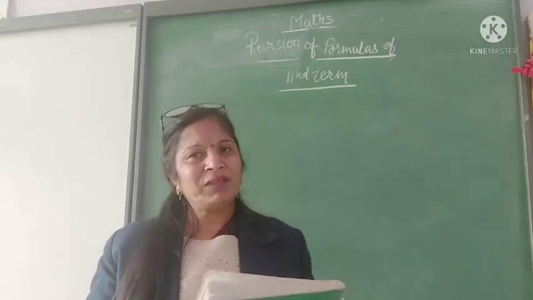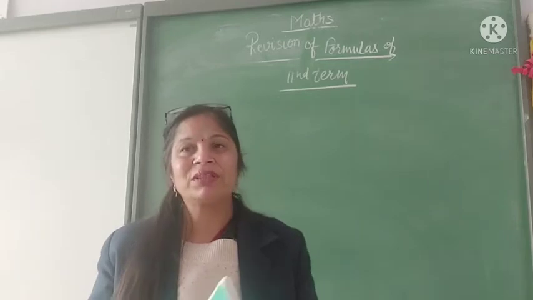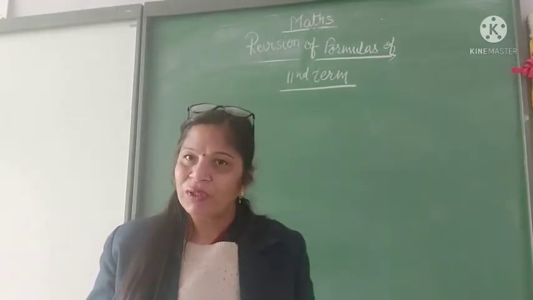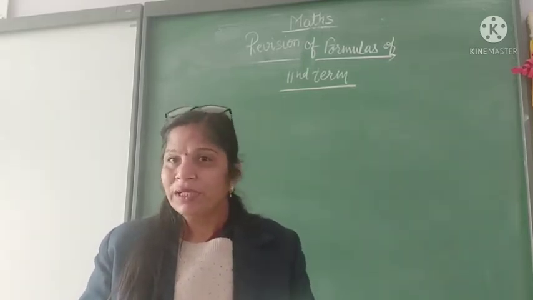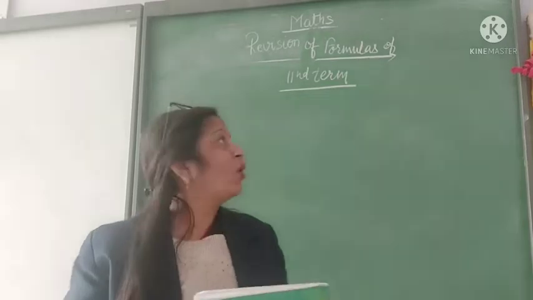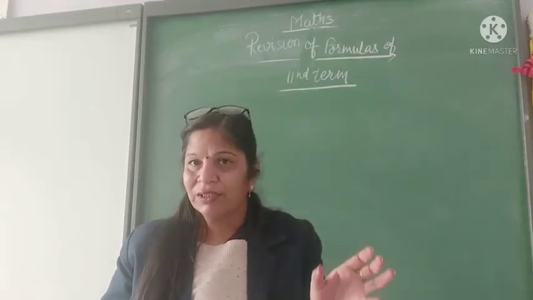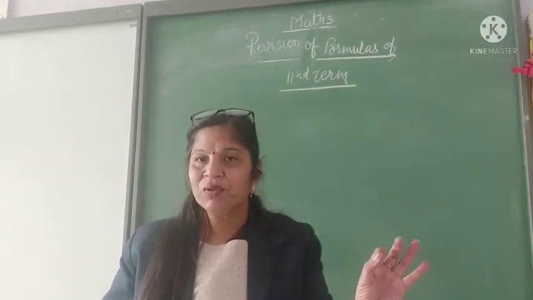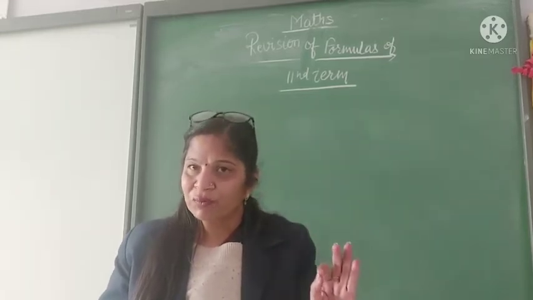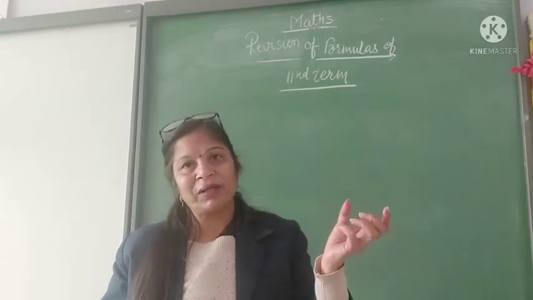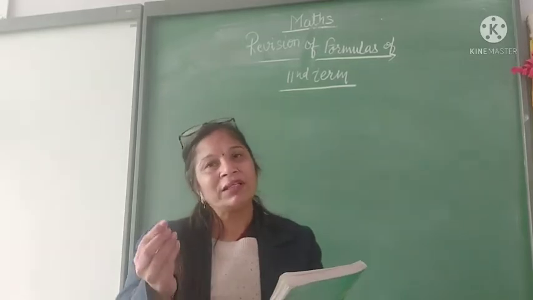Children, already we have finished the syllabus. We have done so many revisions like revision of perimeter, revision of volume, revision of rounding of the numbers, revision of percentage. And today I will give you the revision of formulas of second term. Whatever the formulas are there to how to find volume of cube, how to find perimeter of rectangle, how to find the volume of cuboid, how to find the area of square and rectangle. So let's begin with the different formulas.